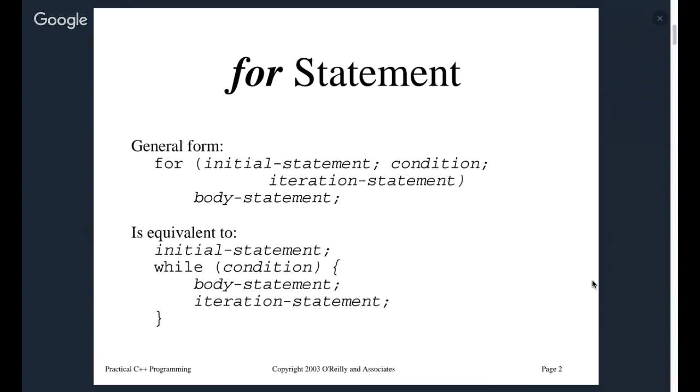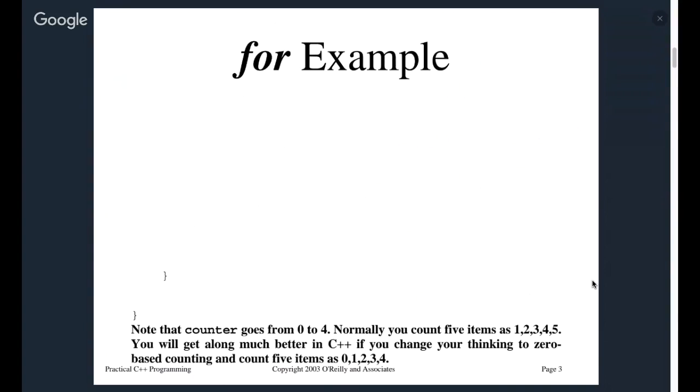So anyway, the for statement, as far as syntax, is the word for, and then in parentheses, the initial statement, semicolon, condition, semicolon, and what iteration it might be. It might be an iteration of increase, or an iteration of decrease. It's equivalent to an initial statement, then while, condition, then some statement in the body, and then some iteration. We'll look at both tonight in our examples.